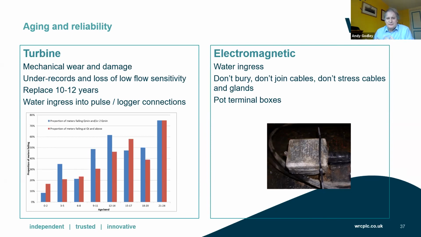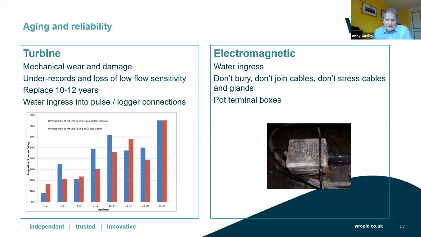There are so many factors that can induce wear on an individual meter. It's impossible to look at a specific meter and say, well, that meter will have that kind of error after this period of life. It has to be done on a probability basis. So the conclusion we came to was, well, around 10 to 12 years is probably the sweet spot for replacing turbine meters. Electromagnetic meters don't tend to have that mechanical wear and damage, but the single biggest source